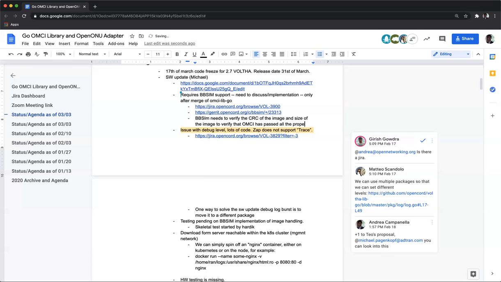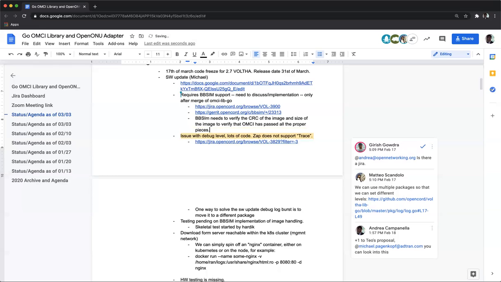Yes, that's correct. But that would not be the test I would implement. It's also possible, but I would just wait for the complete download, which is finalized by the end software download command.